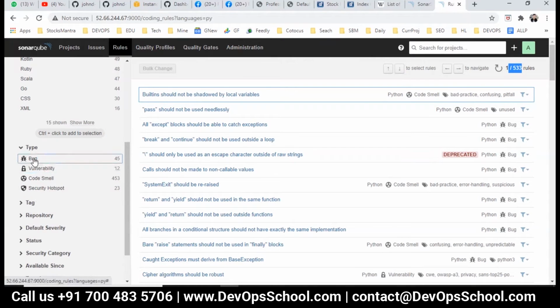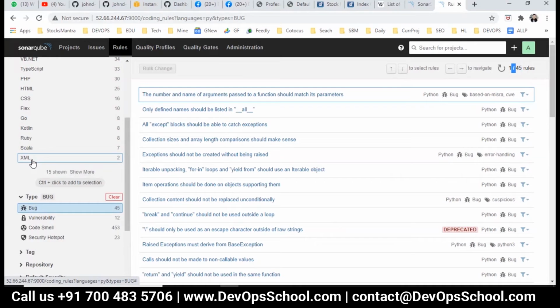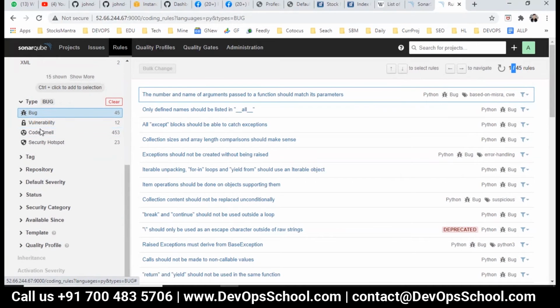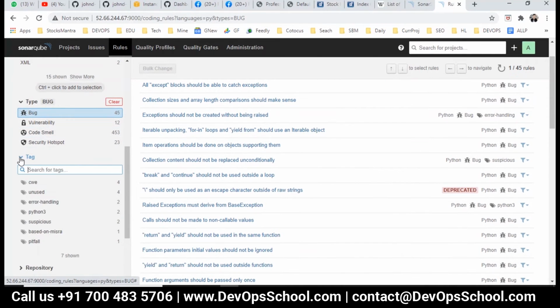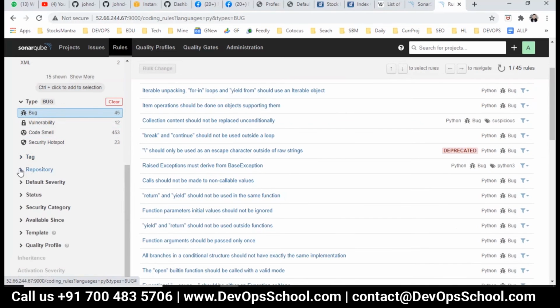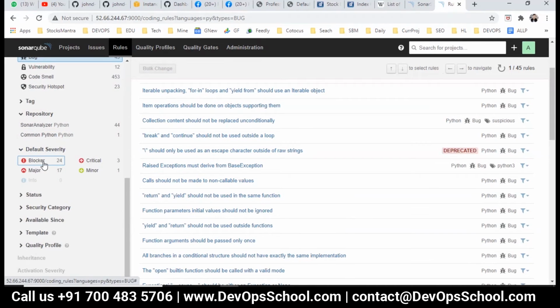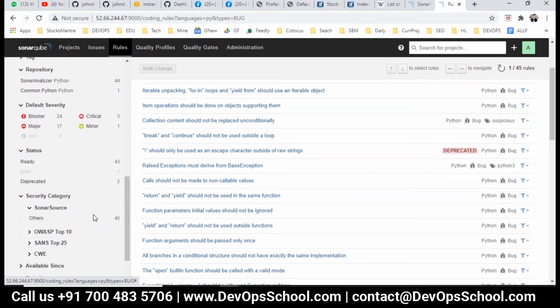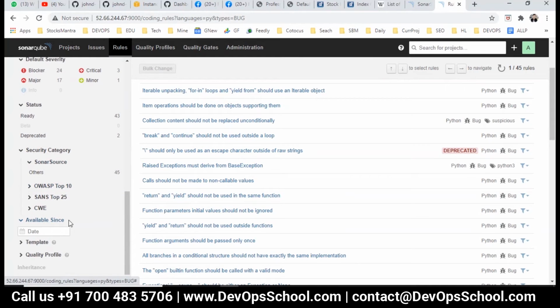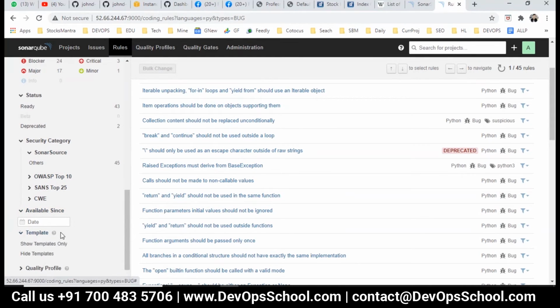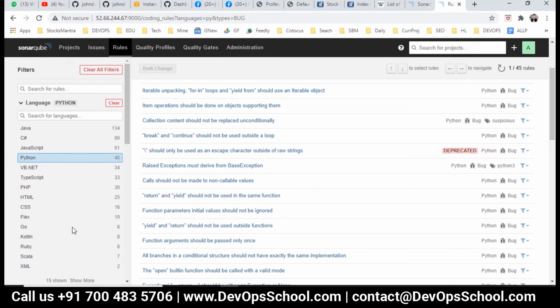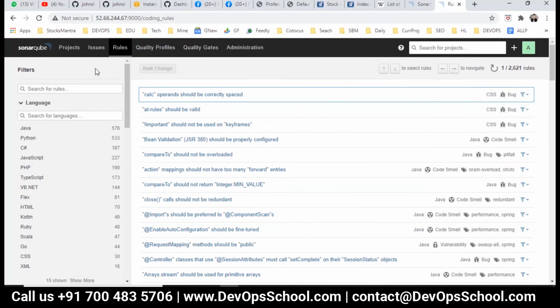You can search by bug, vulnerabilities, code smell and all. Filter by tag, by which repository it belongs to, by what kind of rules: blocker, major, critical, minor. Filter by status, by security categories, by available since, by templates. So guys, many filters are available. You just have to check it out. So this is the rules.